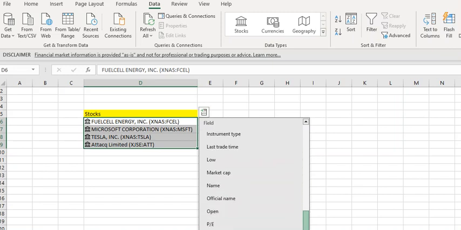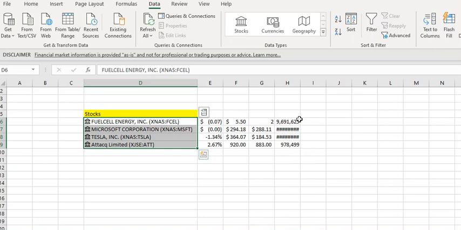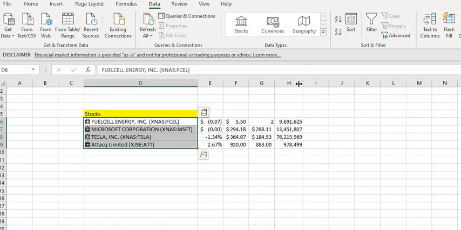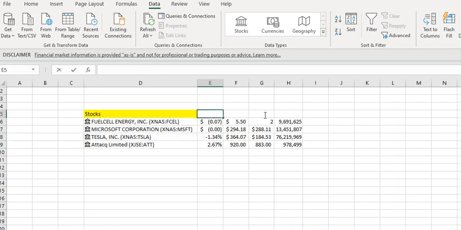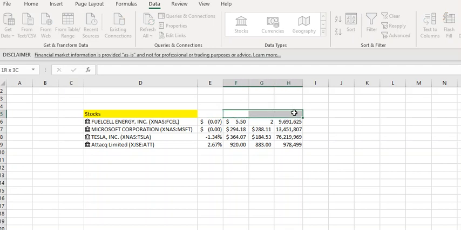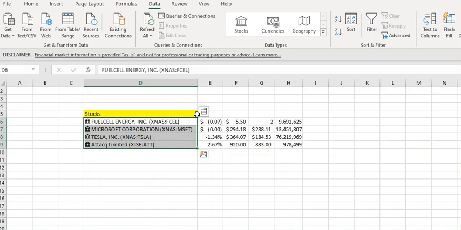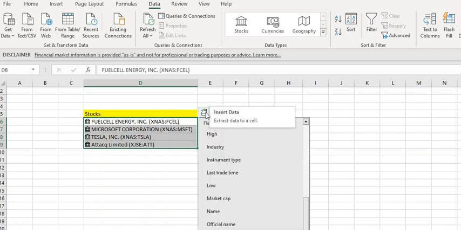So official name, open, ticker symbol, volume, how much volume. So you can add all these values, and that way you won't have to log into your account, and you can of course add these headings, whatever these things are. Percentage change, today's price, and whatever filters I have selected. So, but the point is that you can create a separate portfolio on a spreadsheet, and it can even add